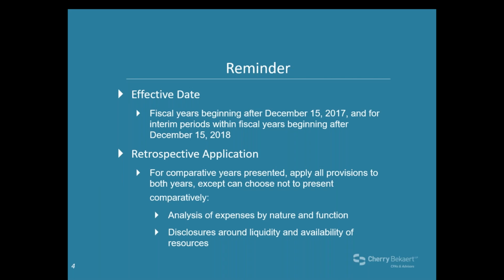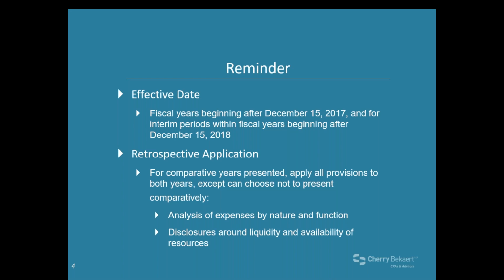So just a reminder, the ASU is and was effective yesterday or now. This means it's effective for fiscal years beginning after December 15th, 2017, and for interim periods within fiscal years beginning after December 15th, 2018. So if you have a calendar year end of 12/31, you probably already adopted, and I'm assuming most of the people on this webinar that haven't already adopted have year ends of March 31st or June 30th or even September 30th. So now it's time for y'all to participate in the fun.